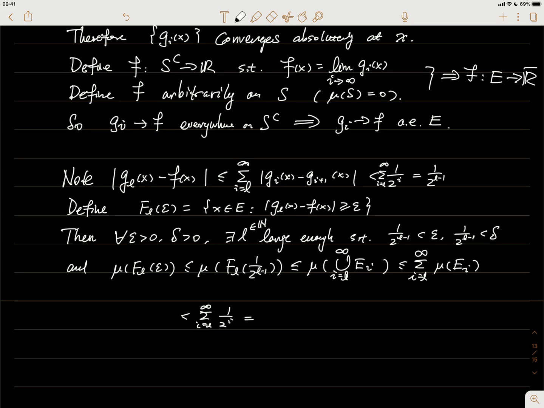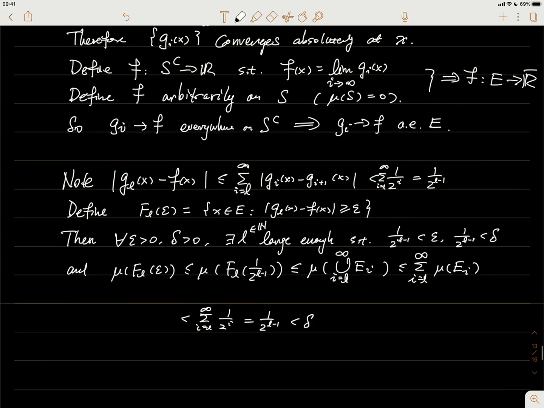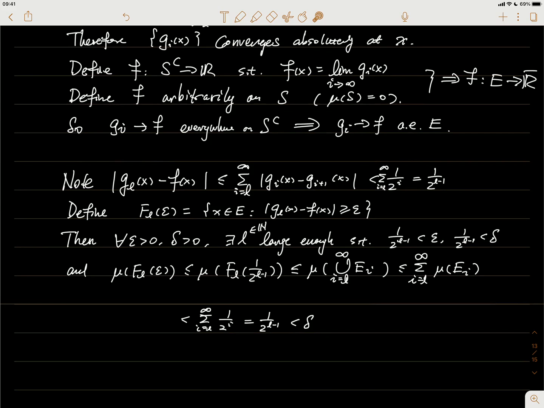Okay, and this is just 1 over 2 to the i minus 1. And as we said, we chose this L large enough so that it's less than delta. Okay, so now let's say what do we have? We showed that for any epsilon greater than 0 and any delta greater than 0, there exists L such that the measure of F_L of epsilon is less than delta for any L bigger